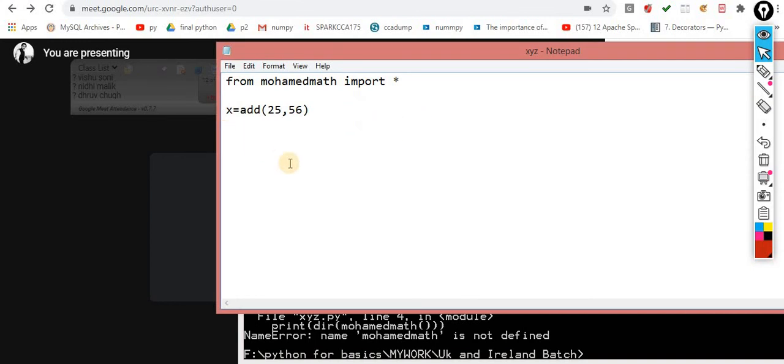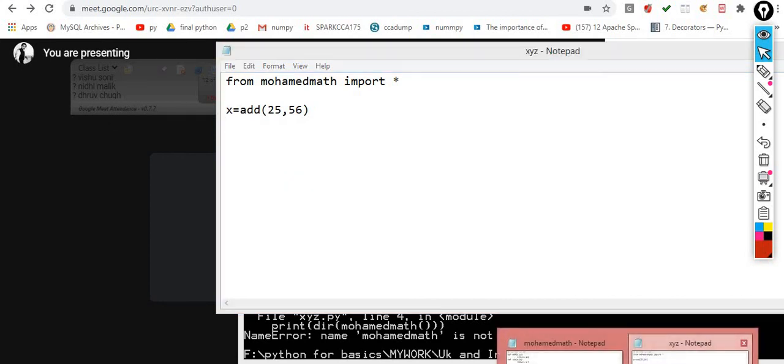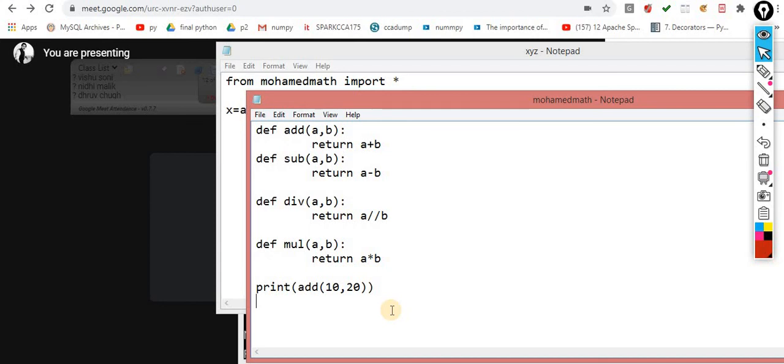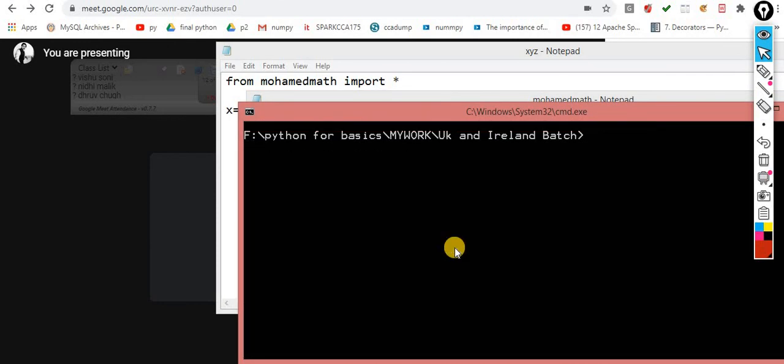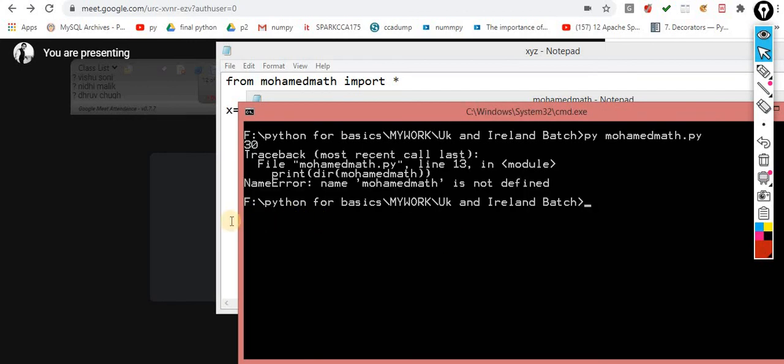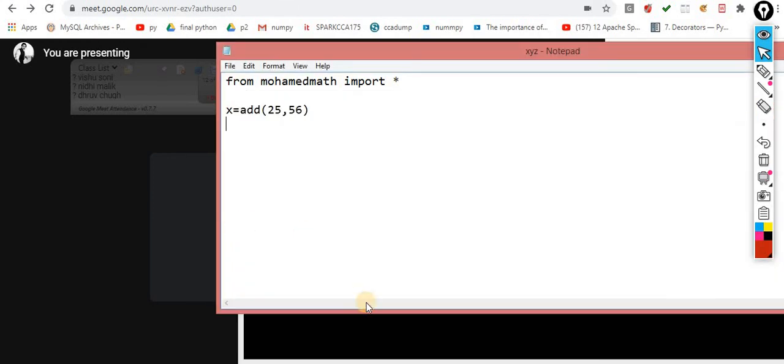Control X. Let me try the same thing over here. One second, let me confirm this, then I will show you what special names are automatically created. No, it's again giving me the error.